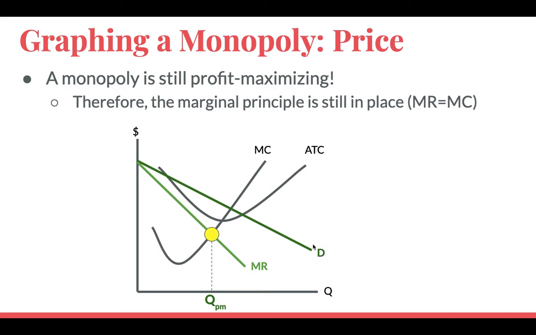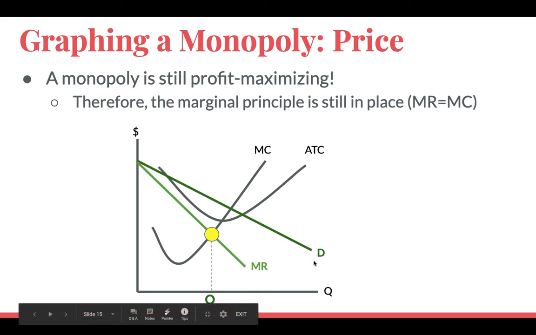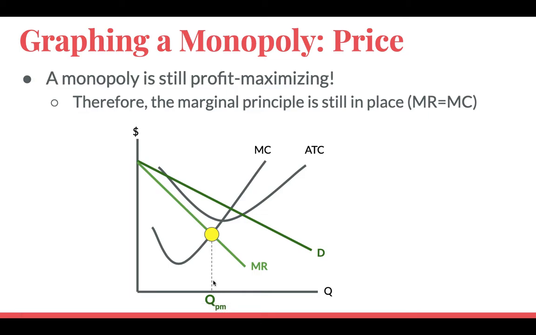So think about how a demand curve is actually graphed. It's two variables, right? On the y-axis, it's price. On the x-axis, it's quantity. Well, we just figured out one of those two variables. We figured out this quantity. We know this is how much we want to produce because that's our profit maximizing quantity.